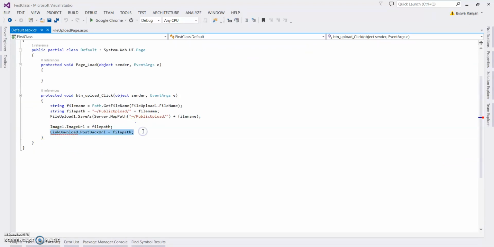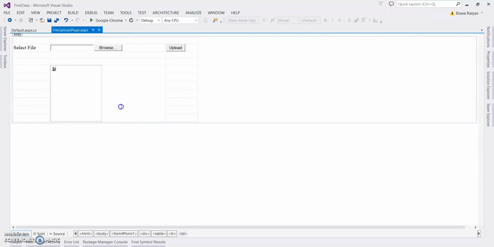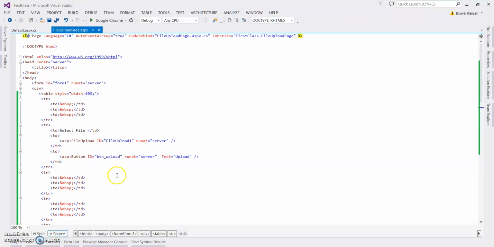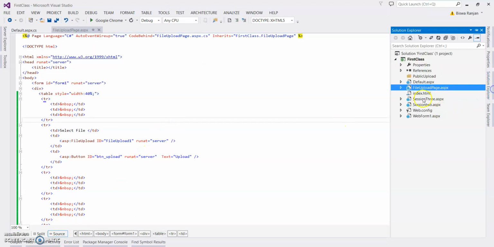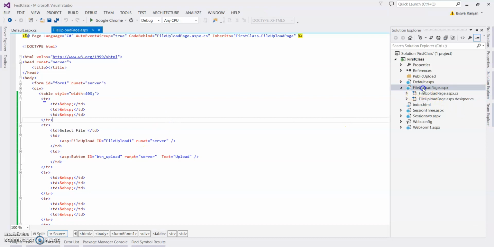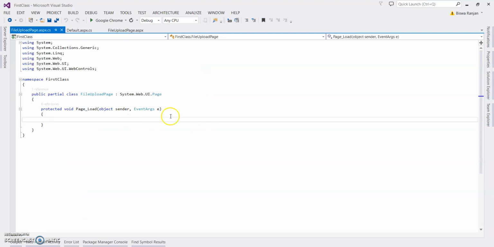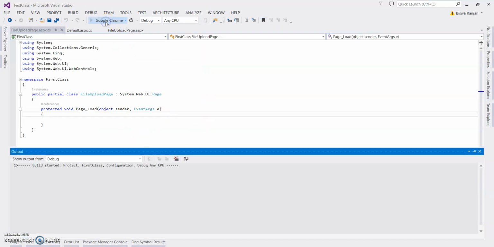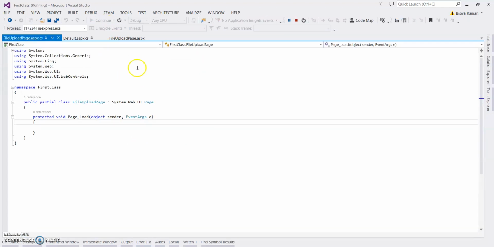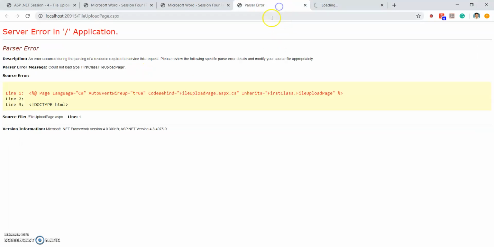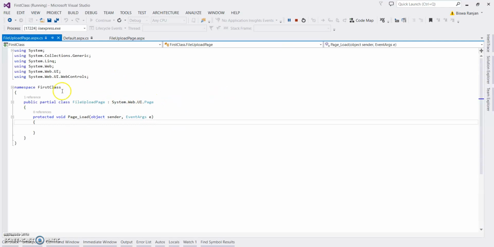There is some error, we will see what the error is. Go to the page, run this, some error is coming. Okay, it was not built properly.